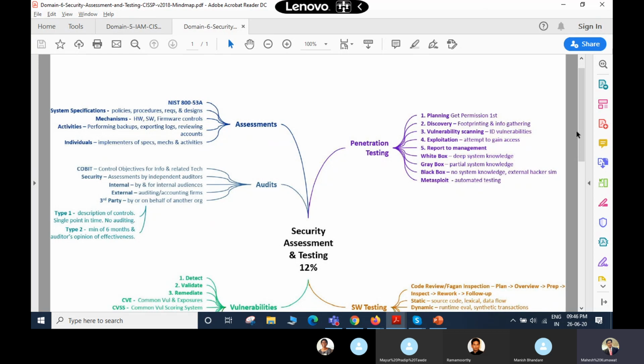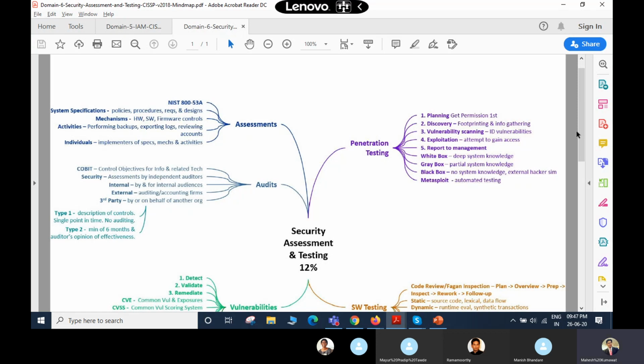So once you're going for penetration testing, first of all, know what your target is, and what type of testing is required in the company: black box, gray box, and what your knowledge is about. Suppose you don't have knowledge of anything, then it's black box testing, like an external hacker. If you perform the testing inside the company and you know all about the company's network, subnets, gateways, applications, everything, you're performing white box testing, deep system knowledge. If you have a little knowledge of some things and not others, then gray box testing is performed.